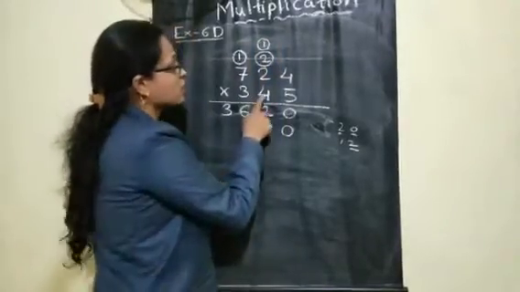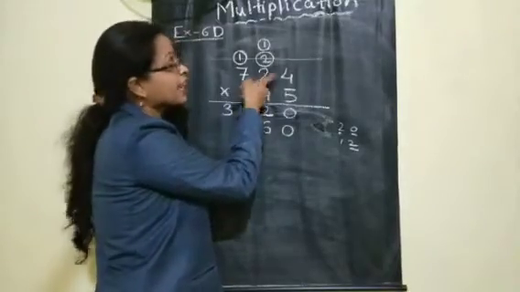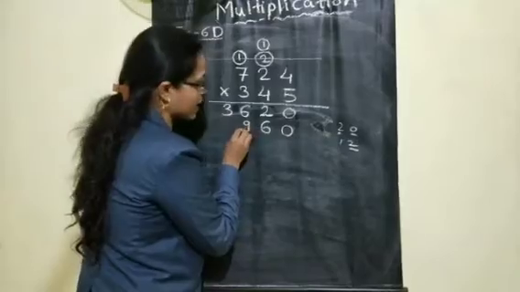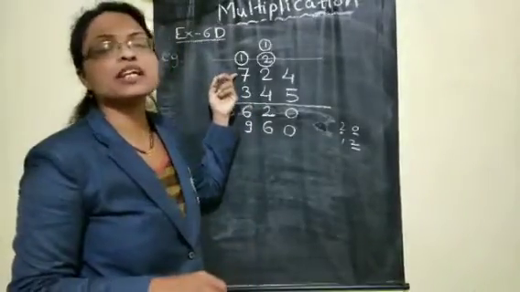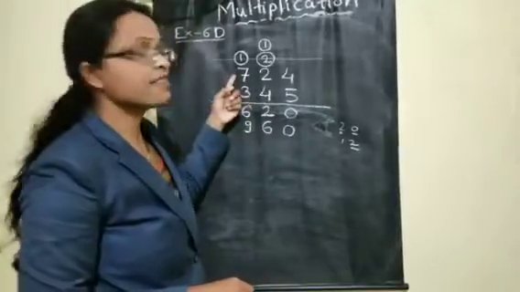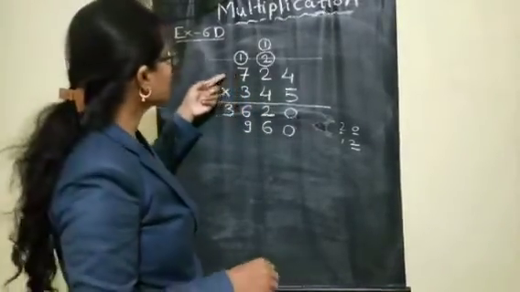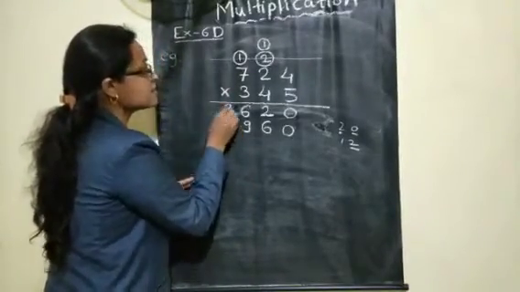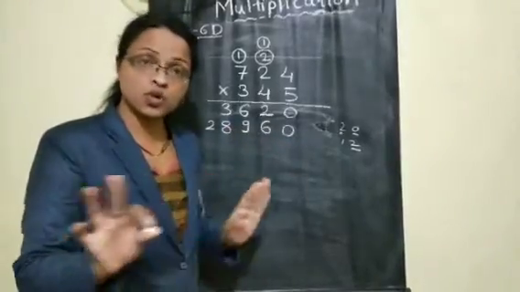Okay. Now let us move for the tens place. 4 2s are 8. 8 plus carry 1, 9. So you have to write here 9. Okay. Now let us multiply for the 100 place here. 4 7s are how much? 4 7s are 28. Now both the numbers you are writing down because in front there is no number here. Here our second step is also over.